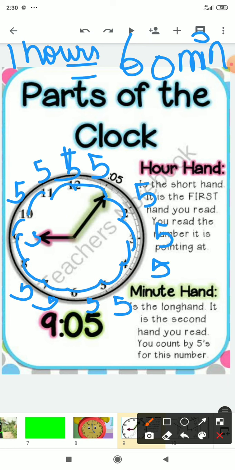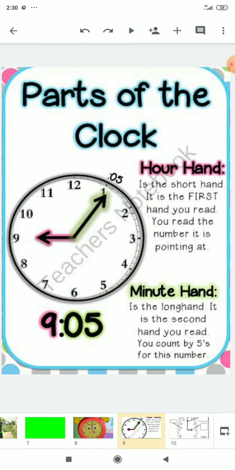Okay, so children, in this way you have to draw your own clock in your notebook, and you have to show the long hand, the minute hand, as well as the short hand or the hour hand in that clock, and you have to show your birthday time on the clock. At what time you were born, at what time you came here, that time you have to show on that clock that you draw or make in your maths fair notebook. Okay children,